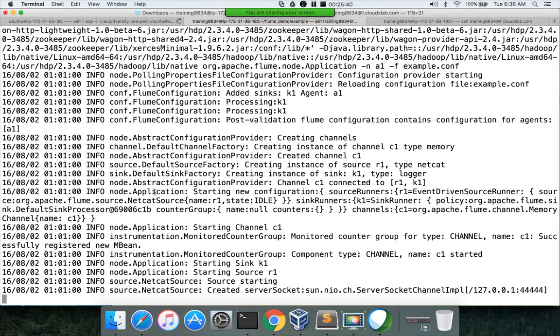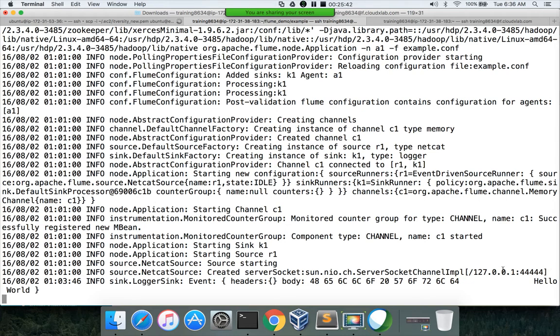And then if you come here, it is actually passing those messages to the sink. Even the channel is defined with capacity 1000 and transaction capacity 100. It is immediately passing the messages, but there is a latency. If there are not many messages for some time, even though channel capacity is defined as 1000 and transaction capacity as 100, there is a timeout also. I think based on that, it will push whatever messages are there in the channel.